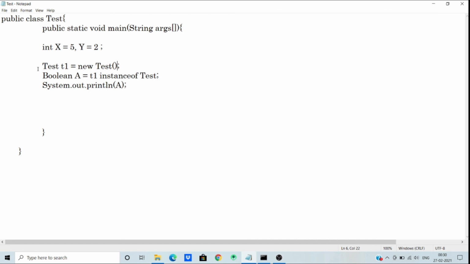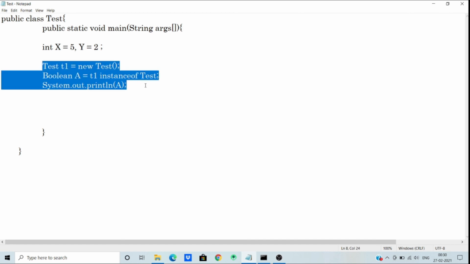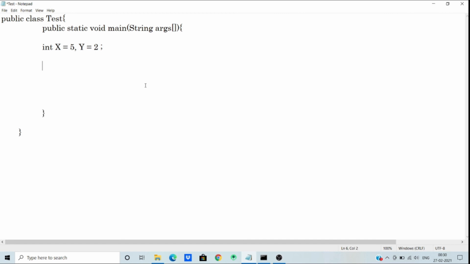And second one is ternary operator. If I declare a variable c equal to, if the condition x is greater than y, then c will be x, otherwise y, and print variable c.